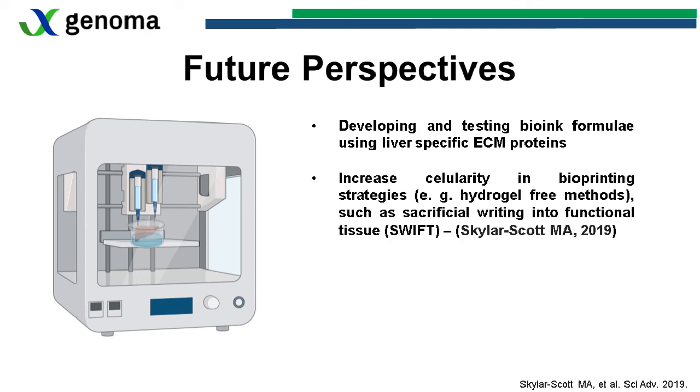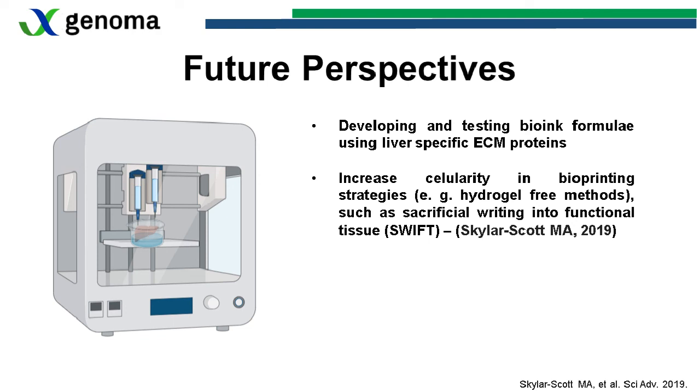We also need to increase cellularity, which is the density of the cells that we use in the bioprinting strategies. We can also apply new methodologies that have been developed over the last few years that do not actually use hydrogels, so they generate very high